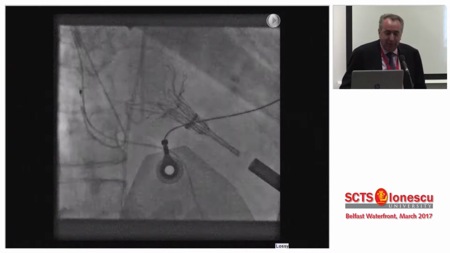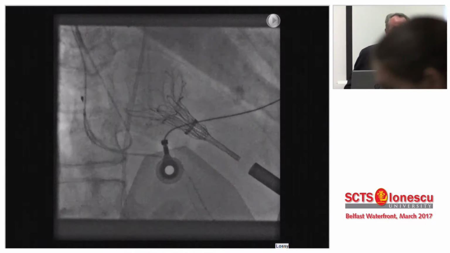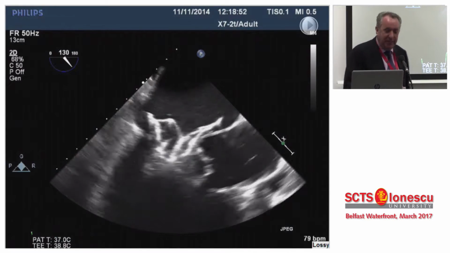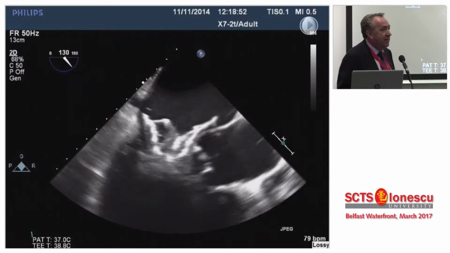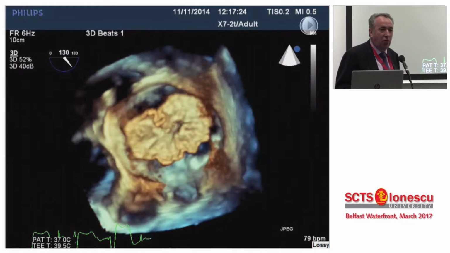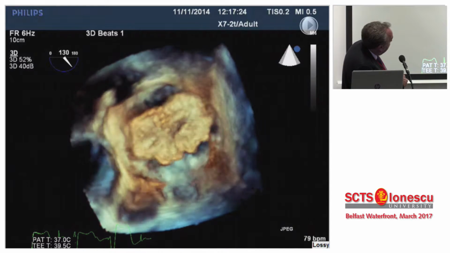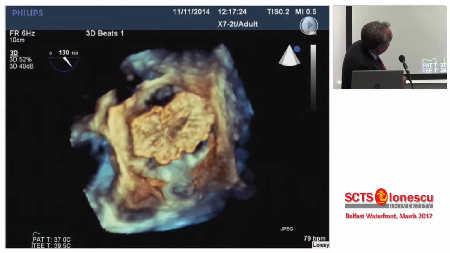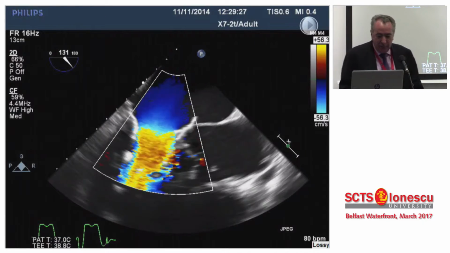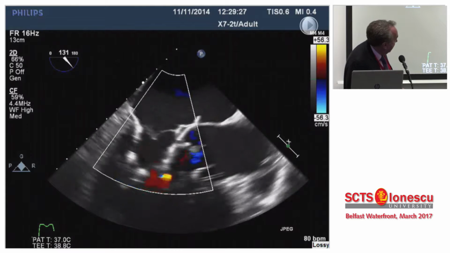For those of you who like fluoroscopy, I use this for the cardiologists because they get upset if you don't see some fluoro pictures. And you deploy the valve to about 80%. You can still see here, it's deployed in the atrium. It's still rather mobile. And then you are able to clock or rotate the valve. So it has a D, you can see here it's not fully deployed, there's still a fold, but it has a D-shaped part to the outer stent, which you locate up towards the aortomitral continuity. Once you get it in the right orientation, you pull it back down, fully deploy it,